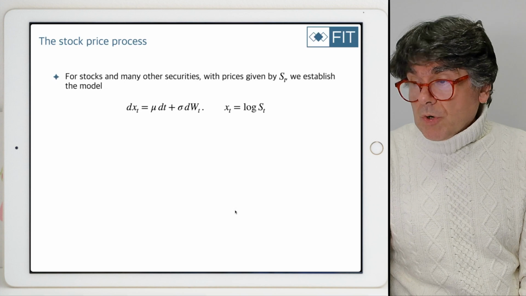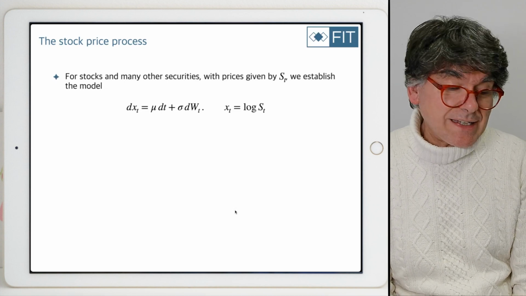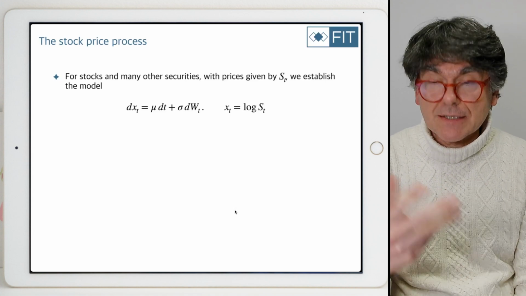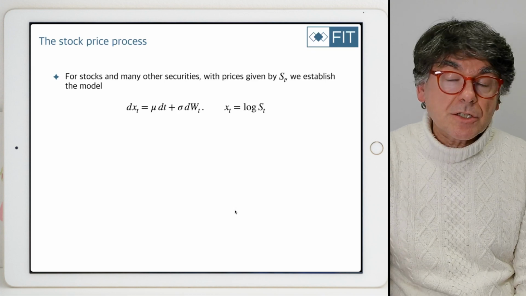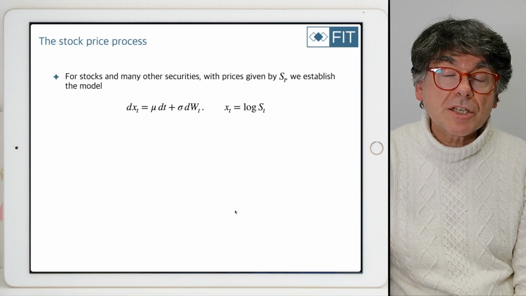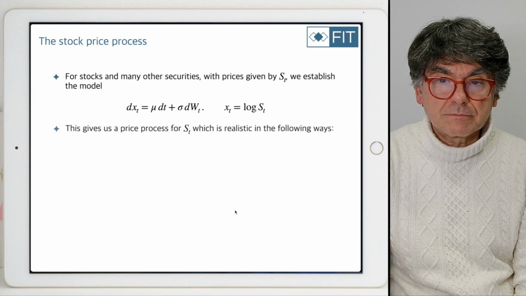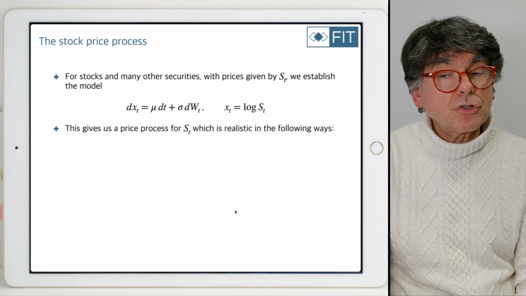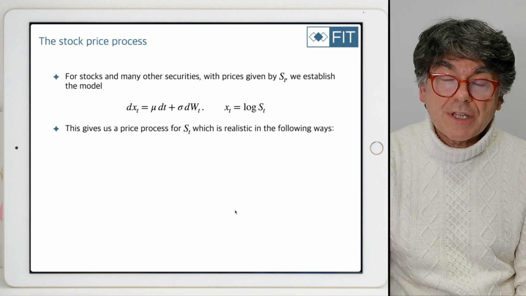So for stocks or many other securities, we're going to model not the price itself, but the logarithm of the price. There's a reason for that, which will become clear in the next half hour. The logarithm of the stock price will follow an Ito process like that. It's going to have a drift and it's going to have a stochastic term. The result is realistic in different ways. It's also going to be unrealistic in some others, which I'll tell you, okay? So let me focus on the realistic